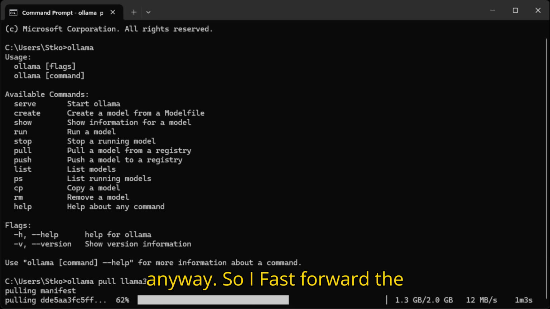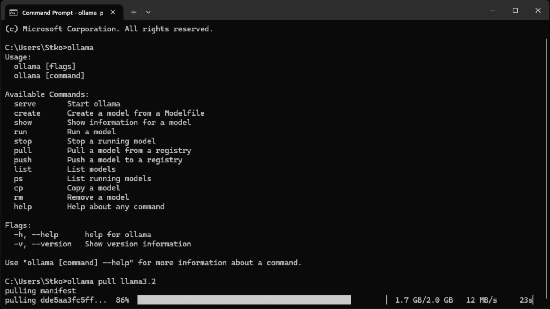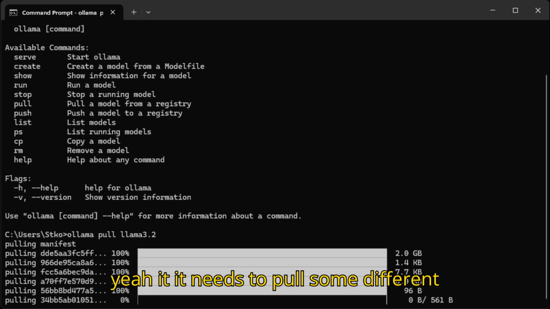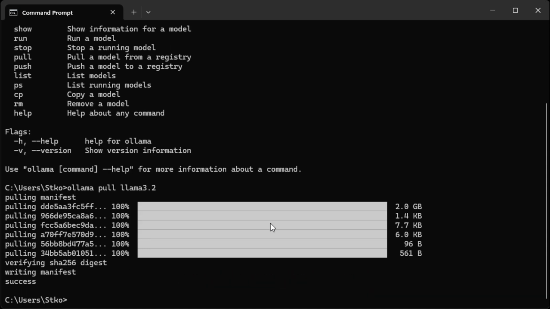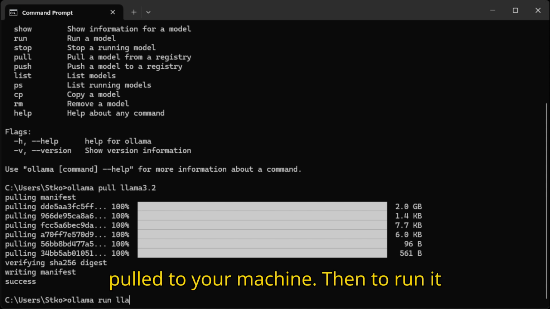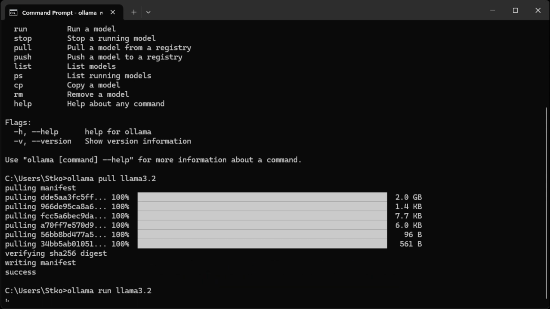So I fast forward the download to show you how it looks, and yeah, it needs to pull some different files, and it's verified, and there you have it. Now it's pulled to your machine. Then to run it, you type ollama run and the model name, llama3.2,